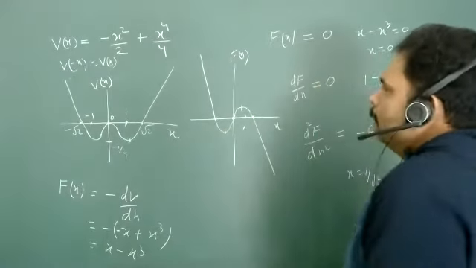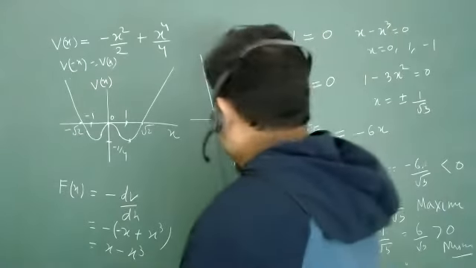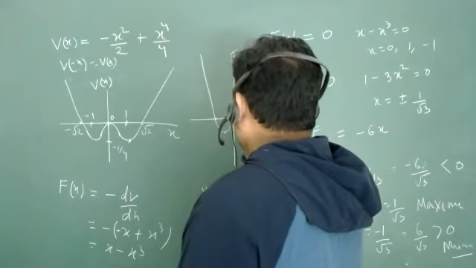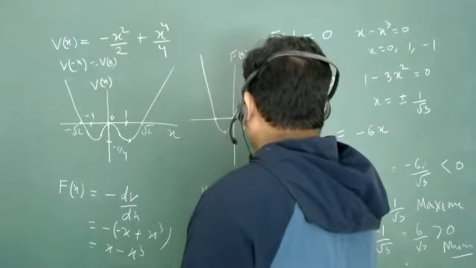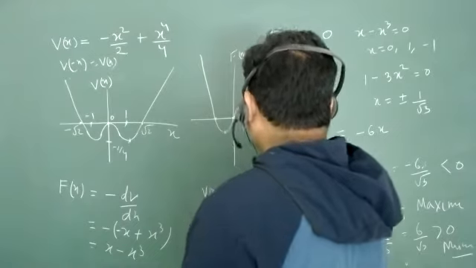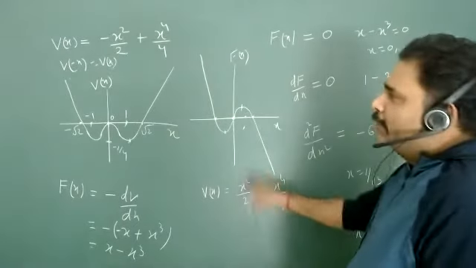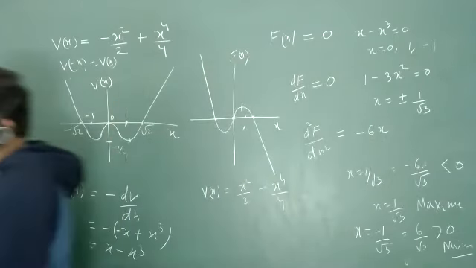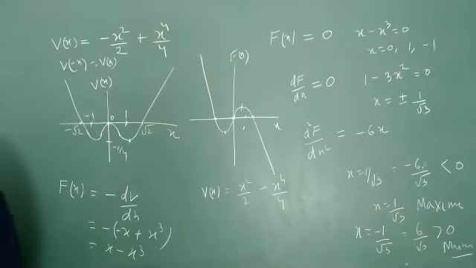Yes. So okay, I am just giving you the potential V(x) is equal to x square by 2 minus x to the power 4 by 4. So you can calculate each and everything whatever we have calculated. Tell me, what all can be asked in the exam? What all can be asked?